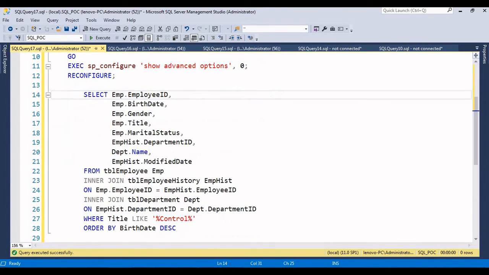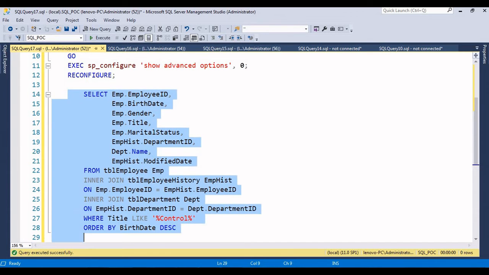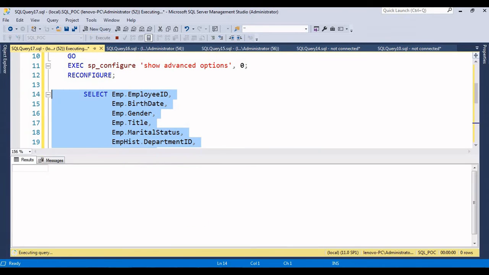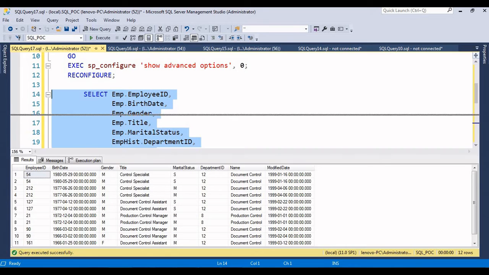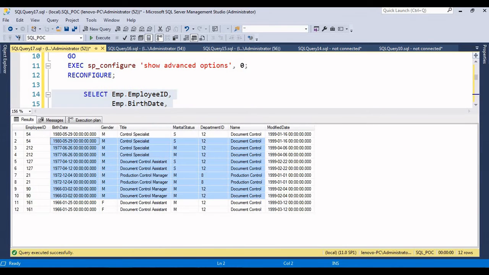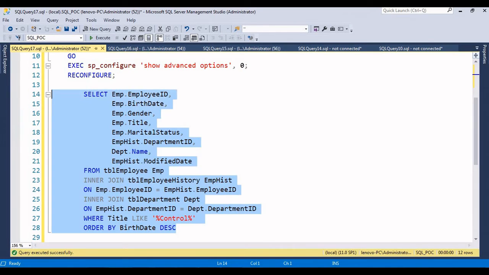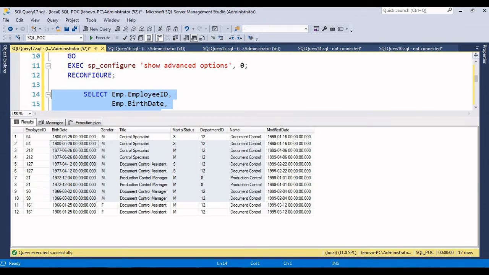Now I'll try to run a sample query. Before executing this query, try to enable the actual execution plan. Just click on here. So I'm trying to execute. Now you can see around 12 records in the result set, because we are filtering the data based on a where clause.